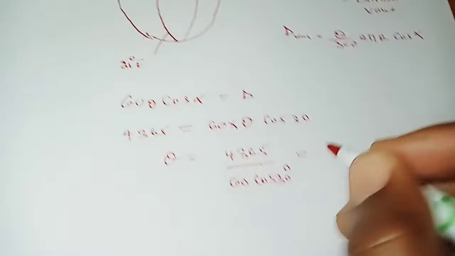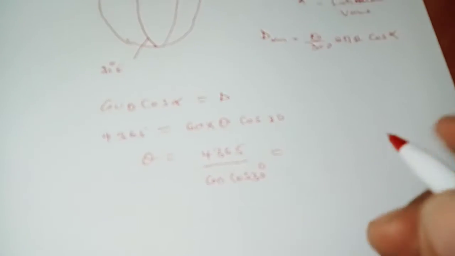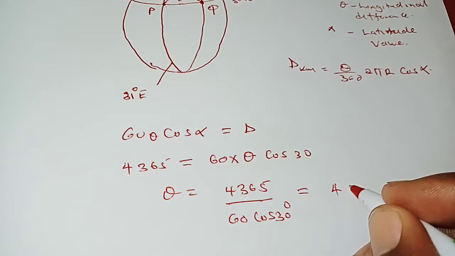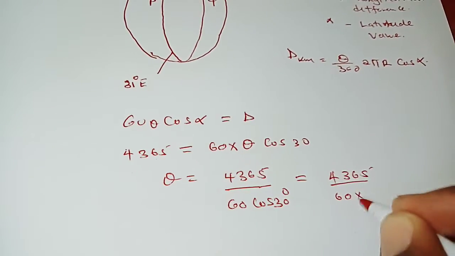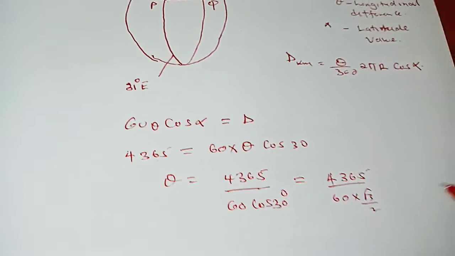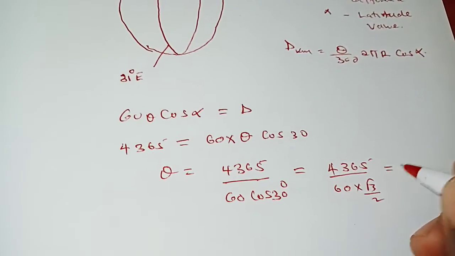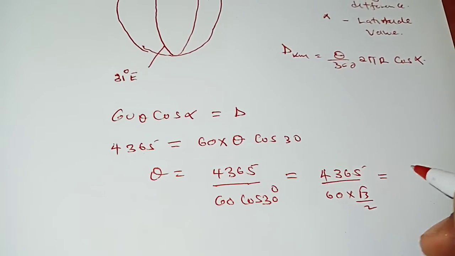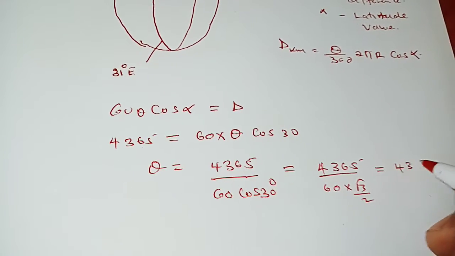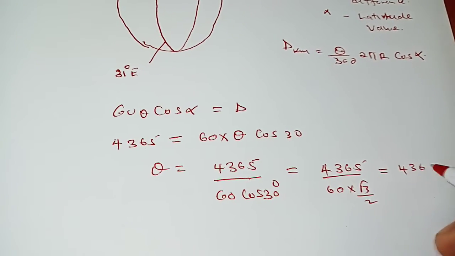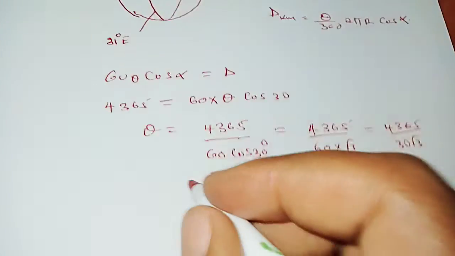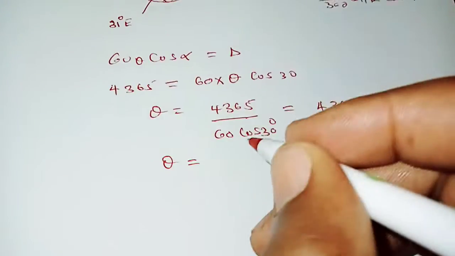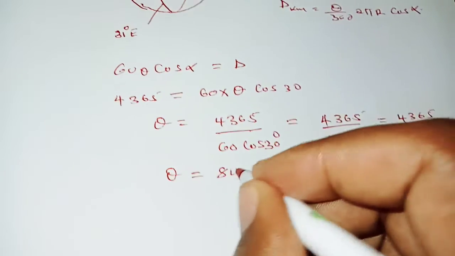If you conduct your computations here, you have 4365 divided by 60 times root 3 over 2, and this gives an angle of, if you compute, 84.00,